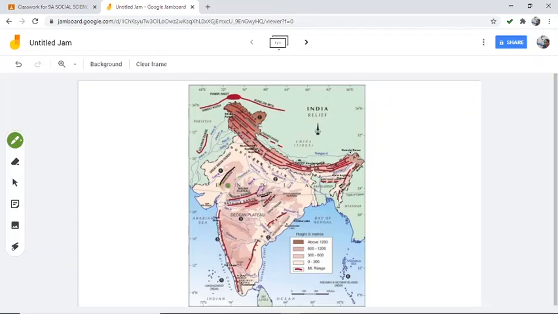While marking the Aravalli range, for your convenience, remember a few things. One is the range will come above the Tropic of Cancer, because as I told you, in most maps the Tropic of Cancer will already be marked. So you just start drawing above the Tropic of Cancer. Here you can see Gujarat, one water inlet is this arrow shaped region. From there you locate the place a little bit above the Tropic of Cancer. So start